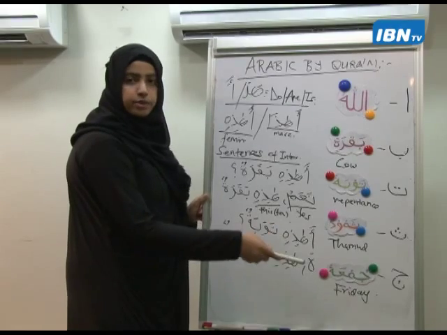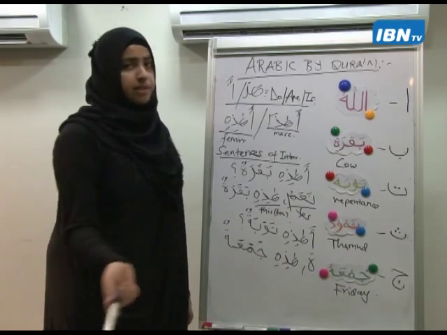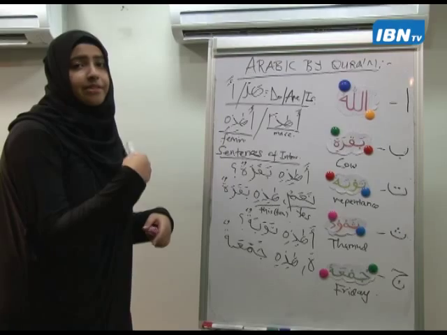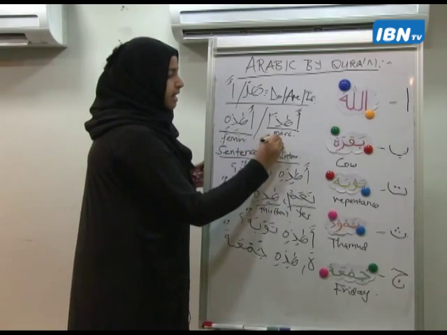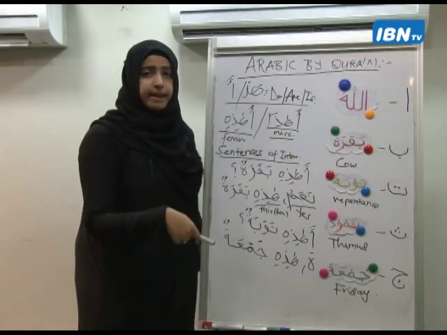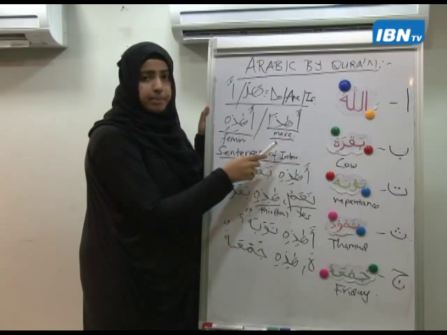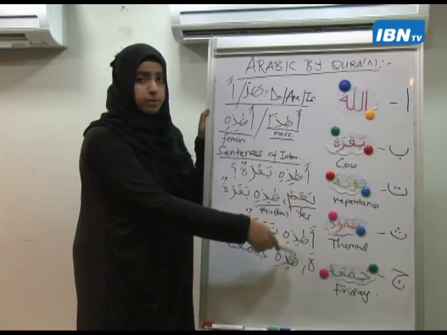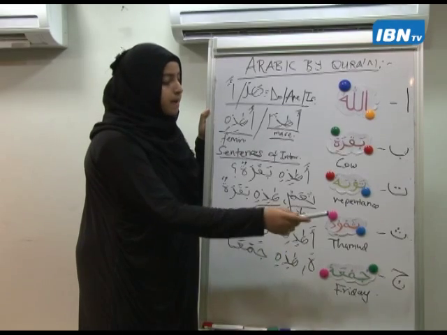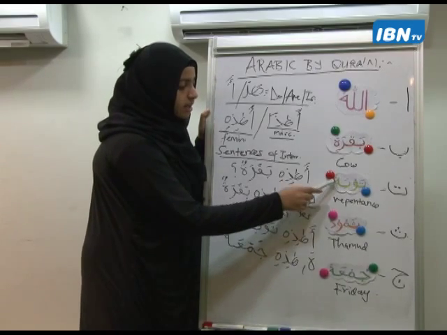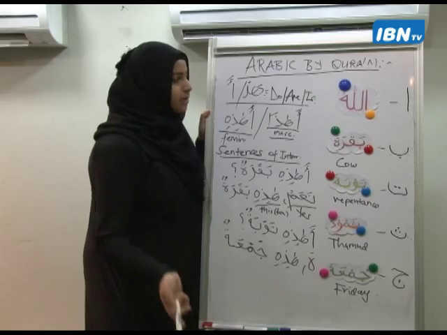لا هذه جمعة. What if I want to ask you about ثمود? I will ask you أهذا. I will use أهذا for ثمود. Why will I use أهذا? Because هذا is for masculine and ثمود is a masculine word. Why is it a masculine word? Because it does not have a ta marbuta at the end of the word.